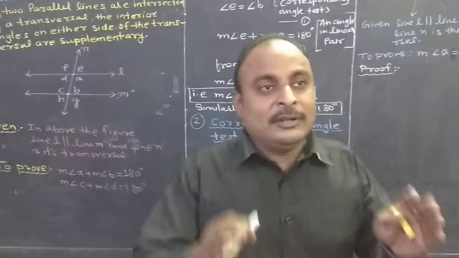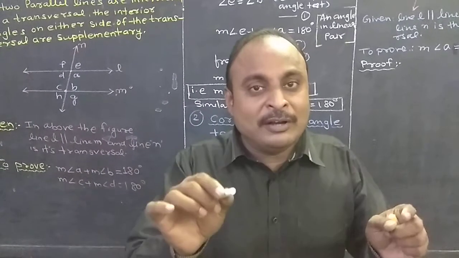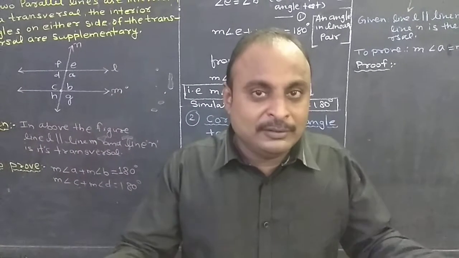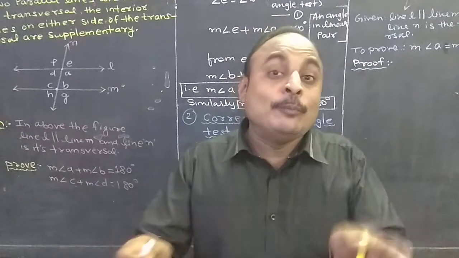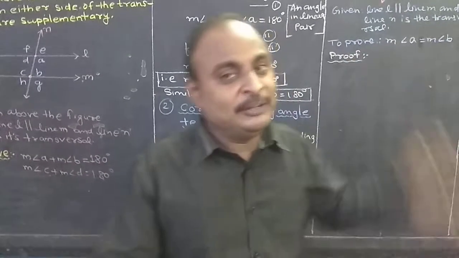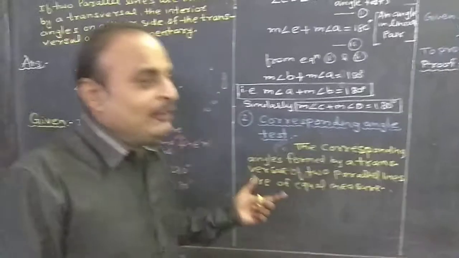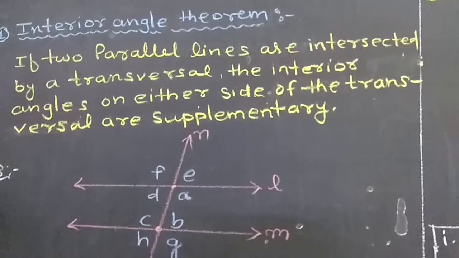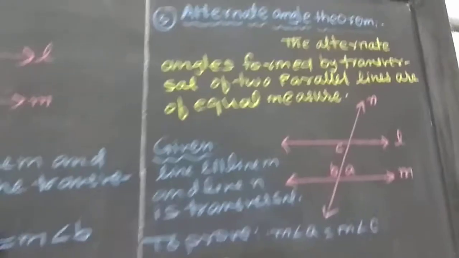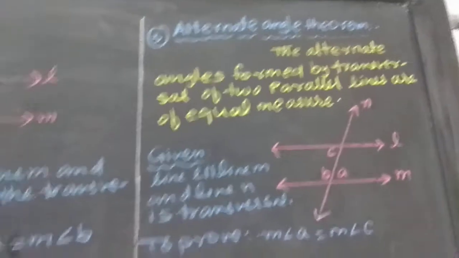Suppose alternate angles are congruent, then how are they congruent? In this part we are going to prove them, which is known as a theorem. Today we will solve three theorems. First theorem is the interior angle theorem, second is the corresponding angle theorem, and third is the alternate angle theorem. Now come to your first theorem,